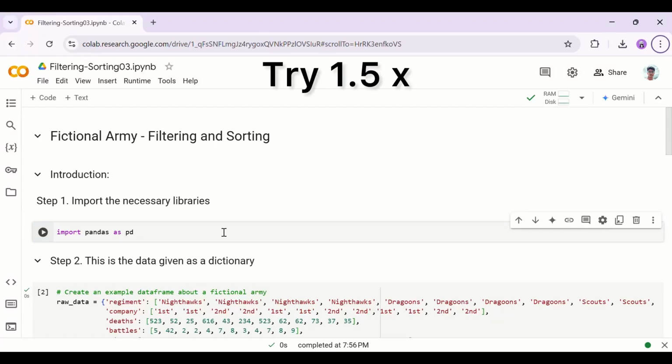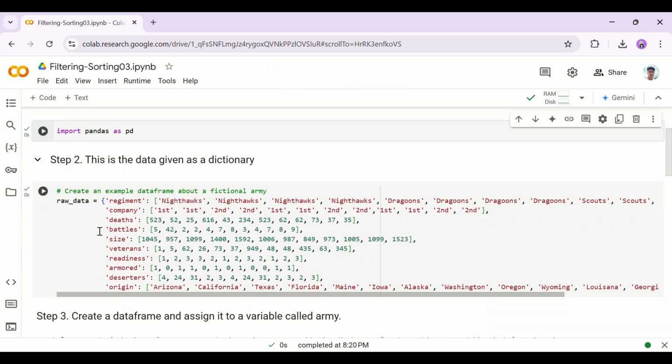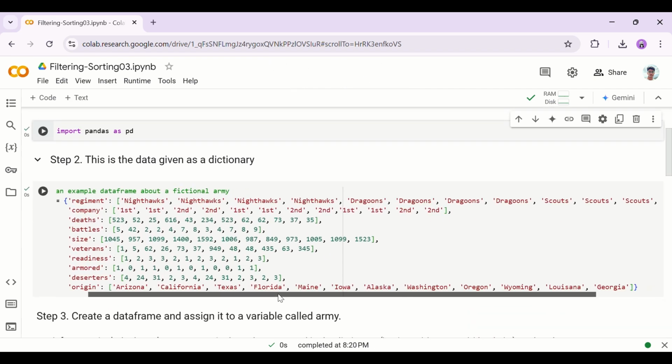Hello, so in this video we would practice filtering and sorting of a dataset using Pandas libraries. First we'll start by importing our library, which is Pandas. So, import pandas as pd. Then this is the raw data we have,